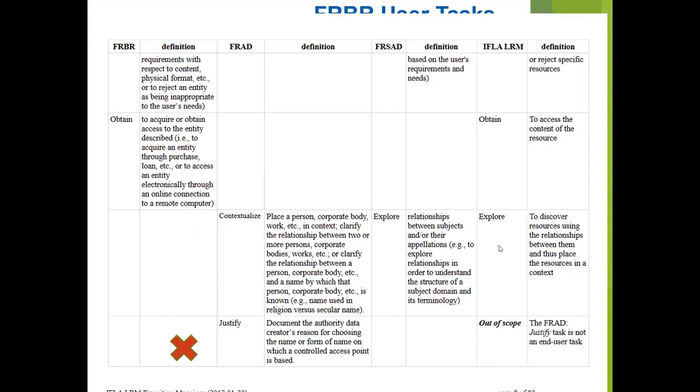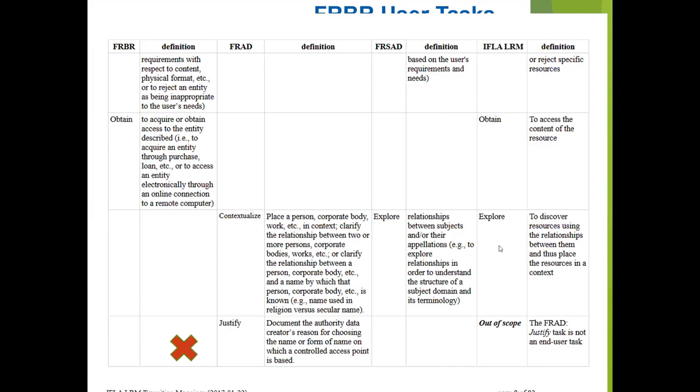Ferber didn't really cover that, like can they understand the data and find information that way? It didn't really cover that part of it. FreeSAD actually covered this in a way that I think makes a lot more sense, but it was through the relationships between subjects. So can they explore and find things related in subjects? That's one thing that was defined in FreeSAD. And then in FRAD, we were like, can they find more things by the same person, that kind of thing. And so one of the things that IFLA did was they looked at those two and they realized